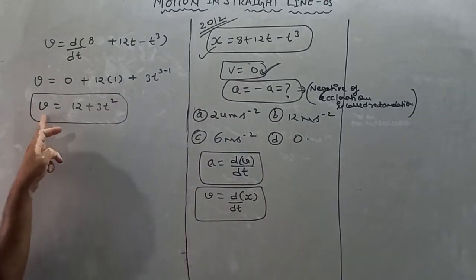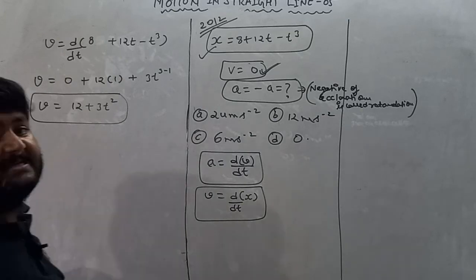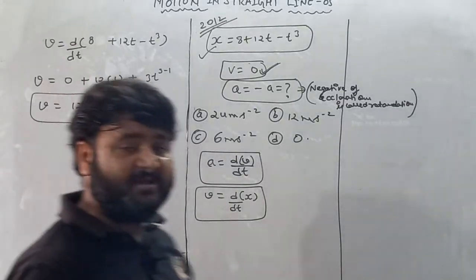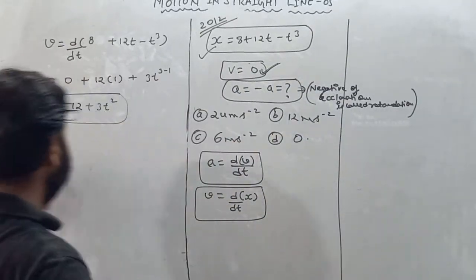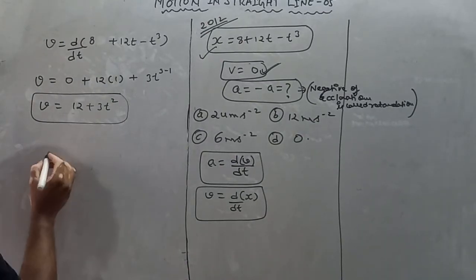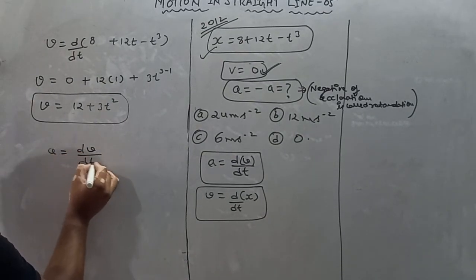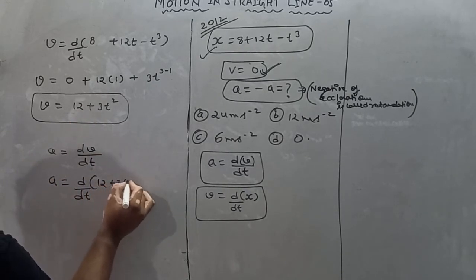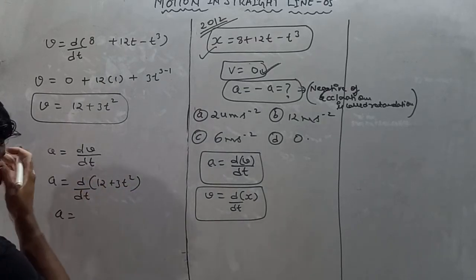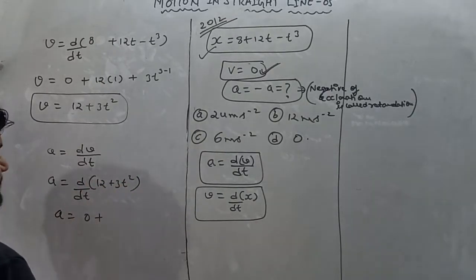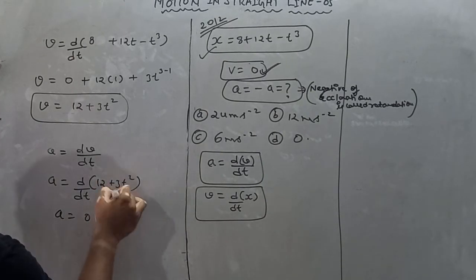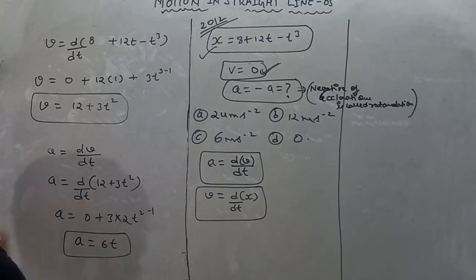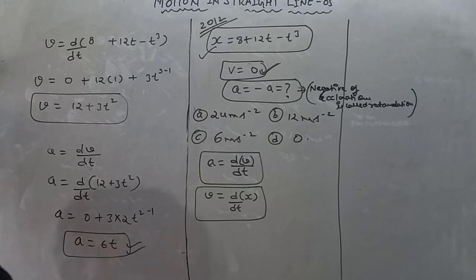Now see, my dear student, this velocity is 12 minus 3t square. It means velocity depends on time, as time is present in the equation of velocity. Moving forward, try to find acceleration as well. Acceleration is nothing but the change in velocity with respect to time, so it is d over dt of the velocity, 12 minus 3t square. Now 12 is a constant, so its differentiation is 0. For 3t square, 3 comes outside, 2 comes multiplied, and t to the power 2 minus 1. So it is 6t, and the value of acceleration is minus 6t. Now see, the acceleration depends on time.